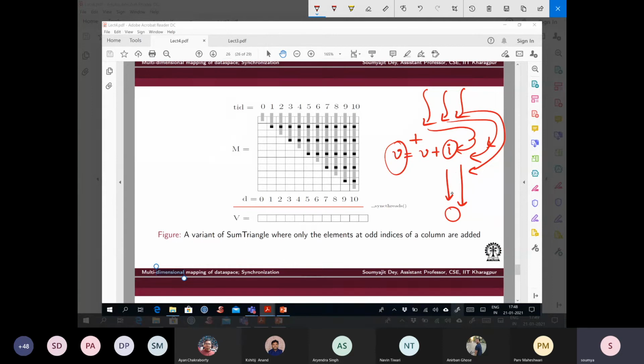Let us assume that eventually I will give access to one of them. Then in this case you may not have a problem, because the order in which the addition happens is not going to affect the total sum. But suppose it's really not so. Let's say what you are doing here is v equal to v op I, where I is a local thread value, and op is equal to plus if I mod 2 equals 0, and minus if something else.